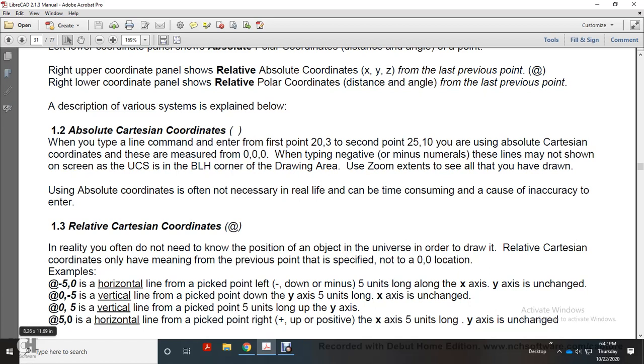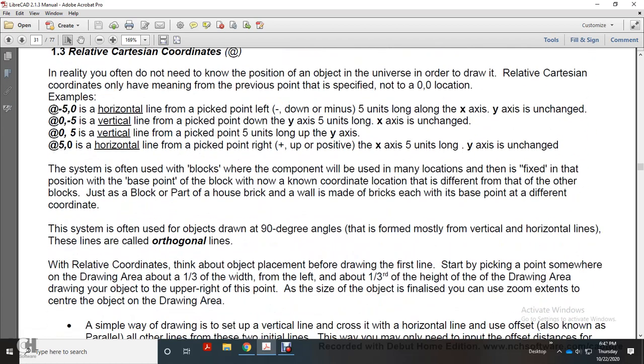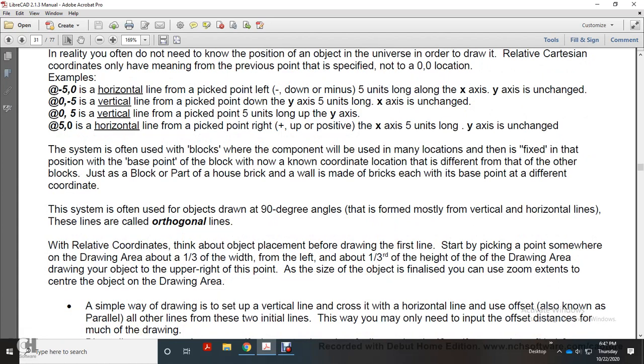@0,-5 is a vertical line picked down along the y-axis, 5 units long. The x-axis is unchanged. @0,5 is a vertical line picked 5 units up along the y-axis. @5,0 is a horizontal line picked to the right, 5 units long along the positive x-axis. Y is unchanged. The system is often used in blocks where the components are placed in many locations and fixed